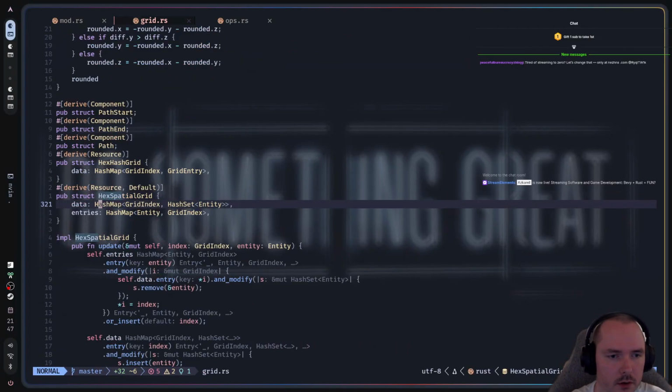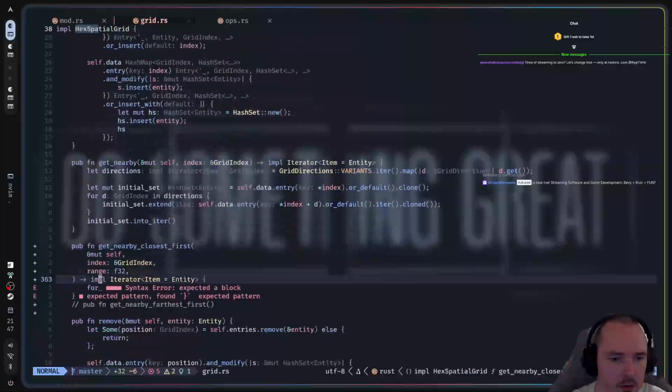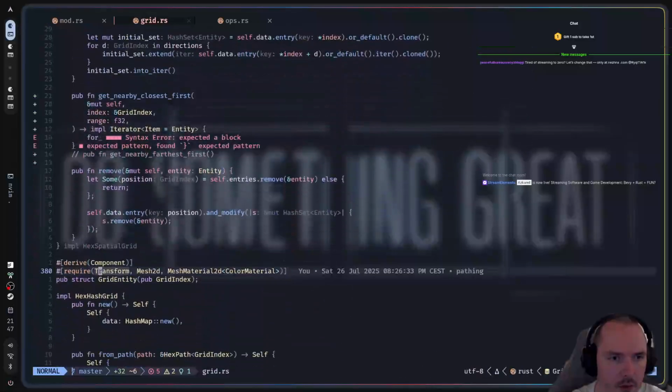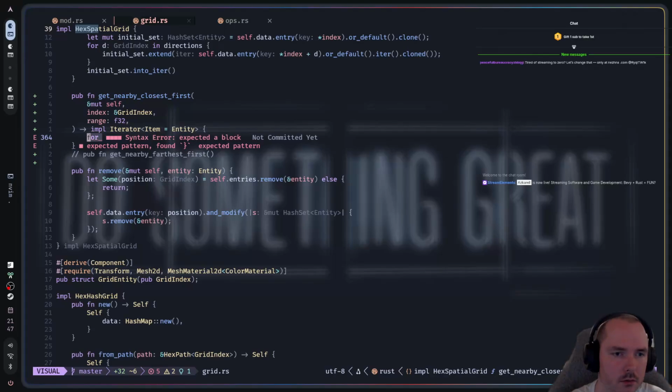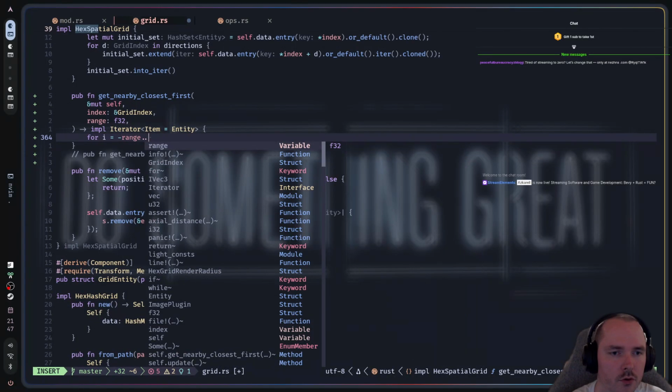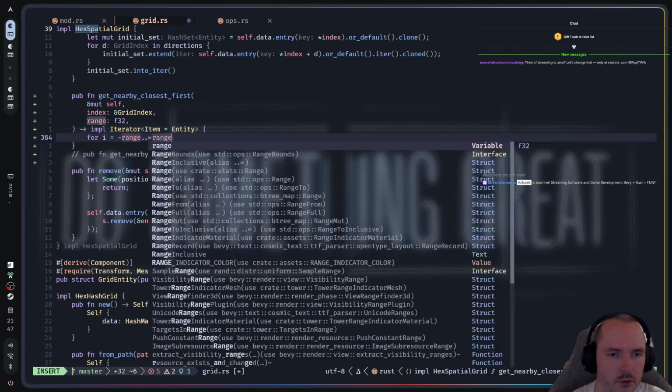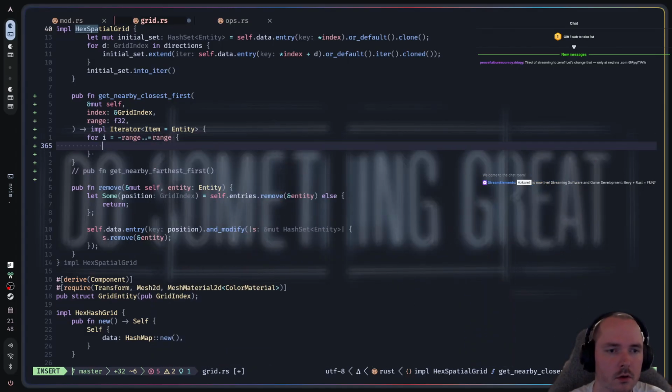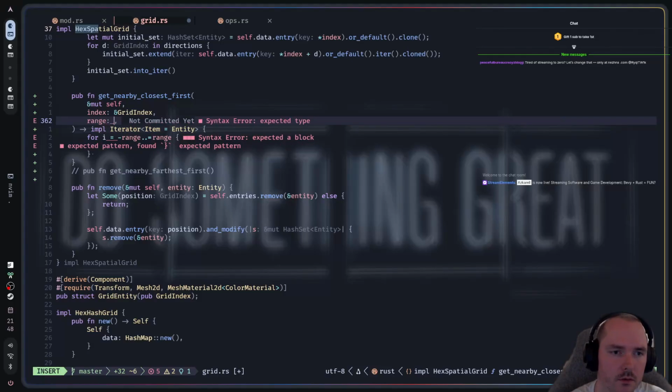Spatial, go to declaration here, go back here, because now I can more or less just say for I equals minus range until range. But actually, now let's give this here